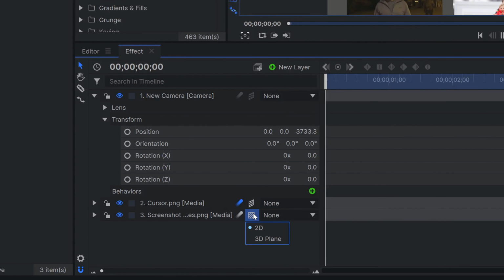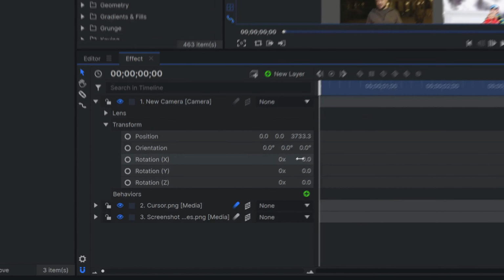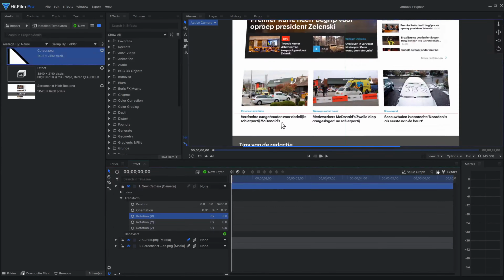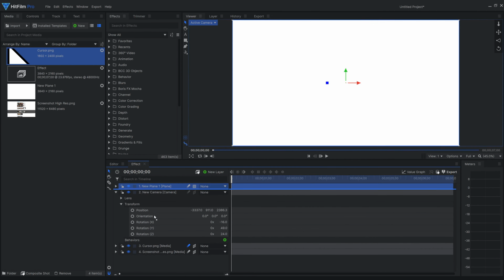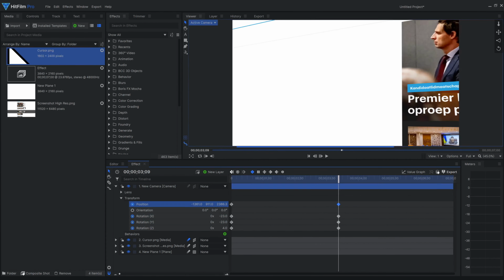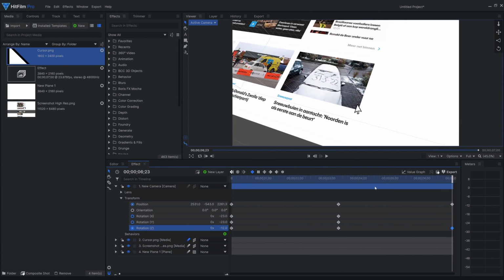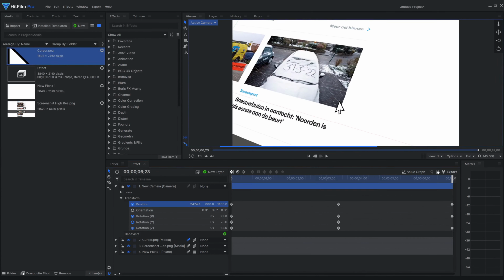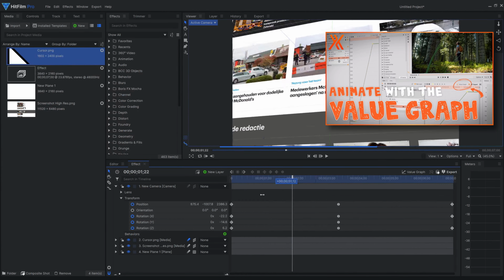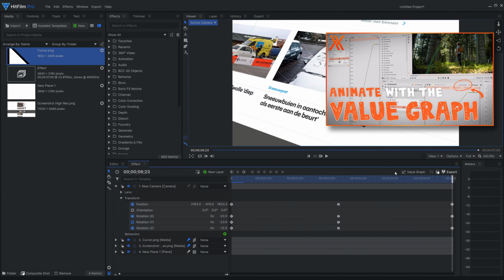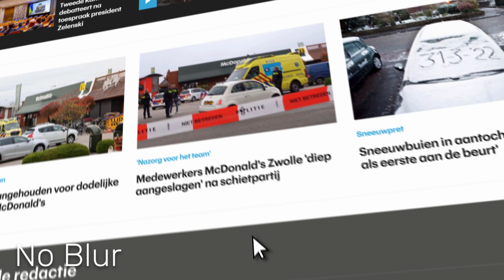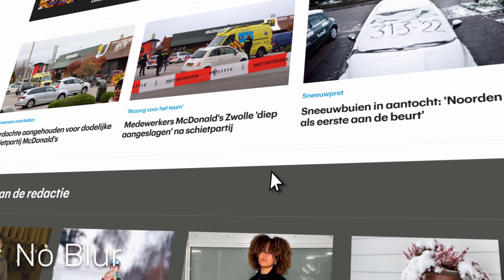What we can do now is keyframe the position and rotation of the camera to set a movement we like. Experimentation is key for shots like this. Play around with different keyframe options to create a movement you like. Check out my tutorial on the Effects Home channel about using the value graph to improve your keyframe animations. The comp we have now still feels a bit flat though, but I have a solution to that.